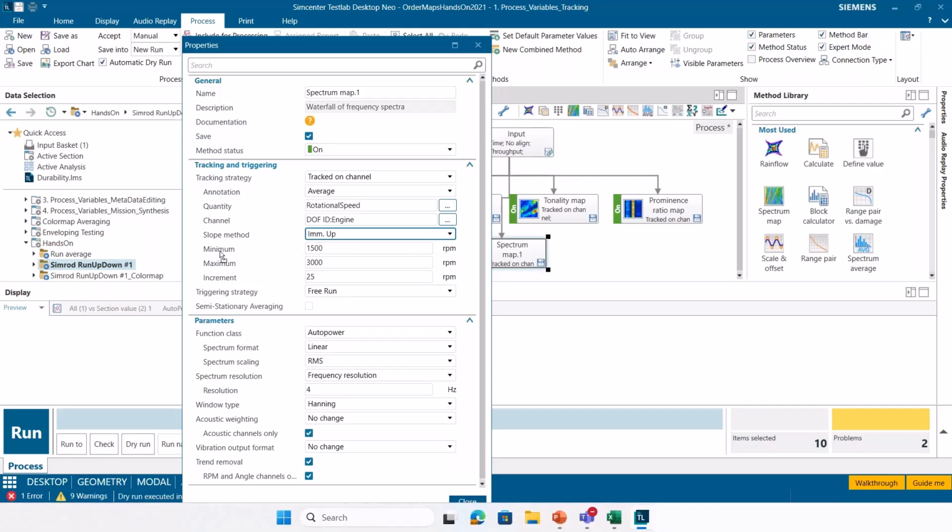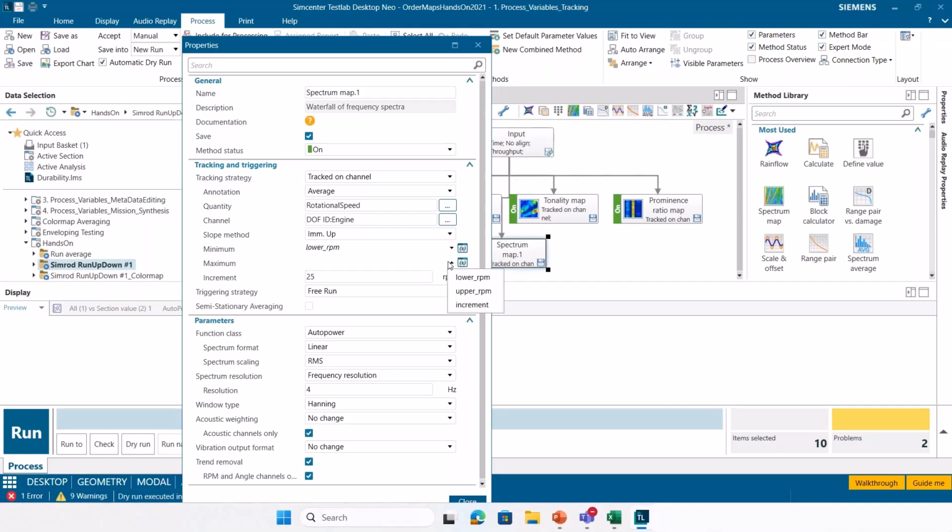Now on these minimum, maximum, and increment parameters, on the right-hand side of the application, if I hover over that property, I see this little box with the X in parentheses in it. I can click on that, and then this dialog box turns into a drop-down where I can select from my available variables. For my minimum RPM, I'll choose the lower RPM variable.